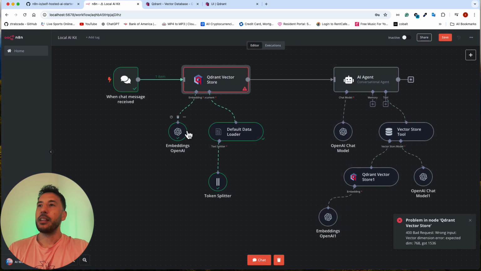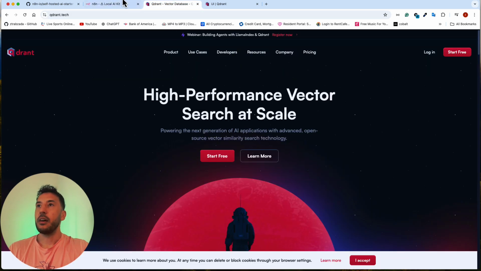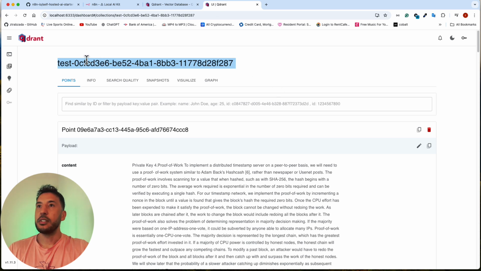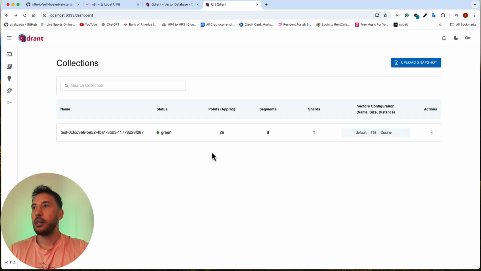Depending on what embedding you're using, it's going to have different dimensions. Earlier I was using the embedding from Ollama that we downloaded, so that has different dimensions, meaning OpenAI uses a different dimension. As you can see for the Qdrant collection here, the size says 768, right?